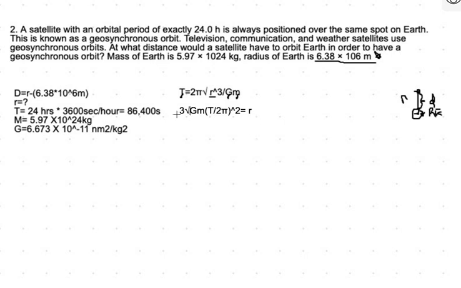Okay, so essentially what we're going to do is we're going to take the orbital period, which is T. Okay, we're going to divide T by 2 pi. Then we're going to square that number. Okay, then that number that we get, we're going to multiply by the mass. We're going to multiply by the gravitational constant. Then we're going to take that entire number and we're going to cube root it, which will give us the radius. So you should have ended up with a radius of